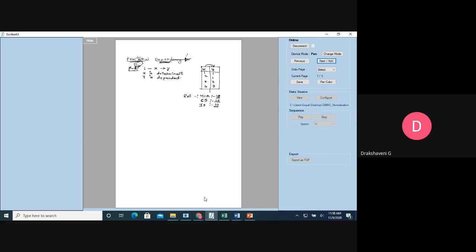Then to identify uniquely, we use something called a unique ID. Then we have something called a functional dependency. How do we represent functional dependency? We represent functional dependency as FD, short form. X is functionally dependent on Y